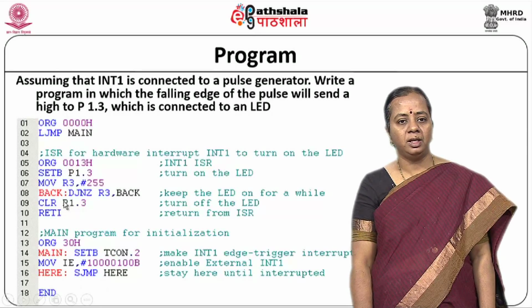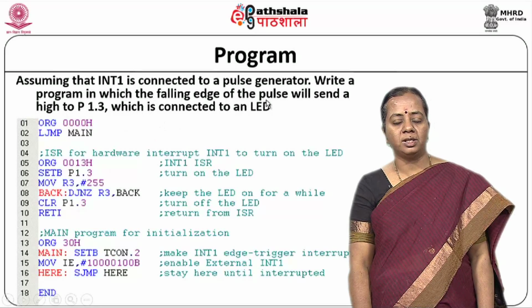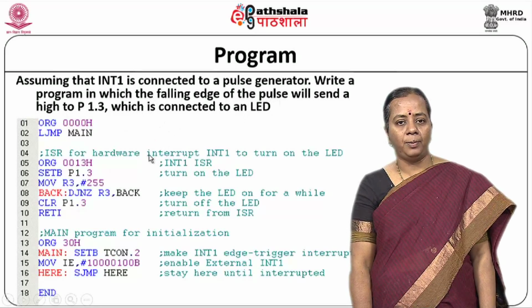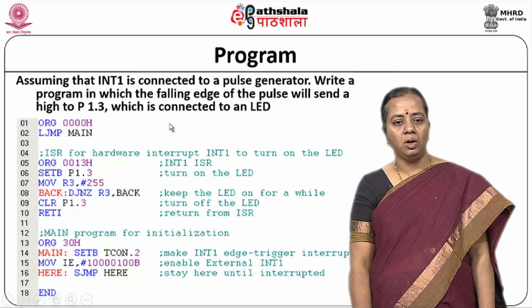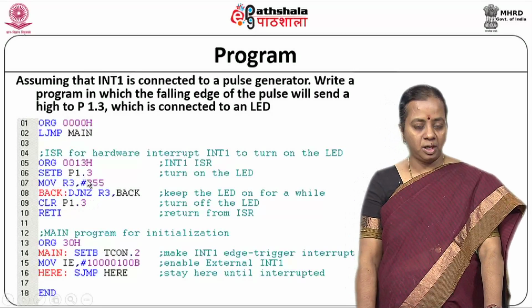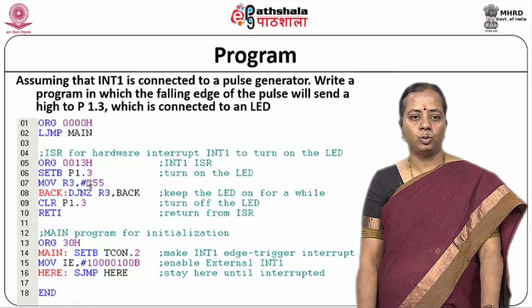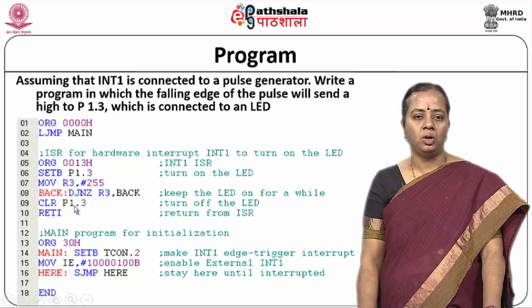Whenever I am pressing, there is a switch that we pressed in the previous program. In this program a pulse generator is connected. Whenever I get a falling edge in the pulse, which is 1 to 0, by the time it gets invoked, the LED is given a 1 and maintained for a certain time, after that it is switched off. So, this is the way the external interrupt has been used to make the LED glow